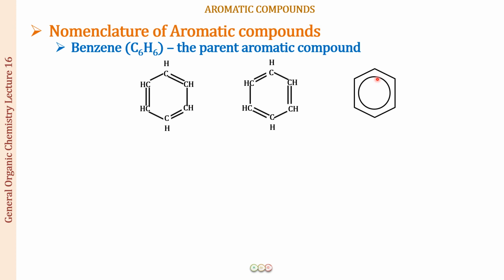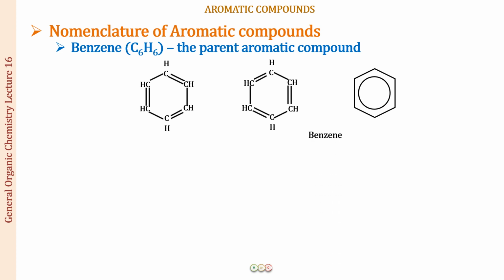What we mean by the delocalization of the pi electron cloud is something that we will be discussing in detail when we take up the properties of benzene in the course on hydrocarbons. Here we will be just focusing on the nomenclature of these compounds. Alright. So in all the compounds where you will be seeing this structure or the structure represented by this ring, you will be calling this compound benzene.